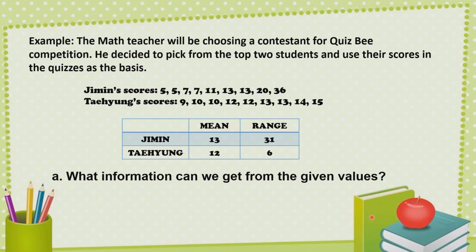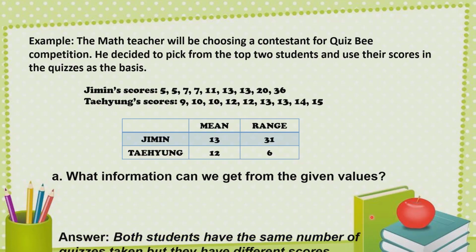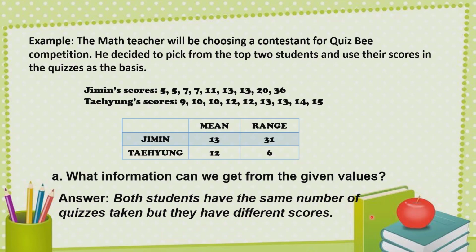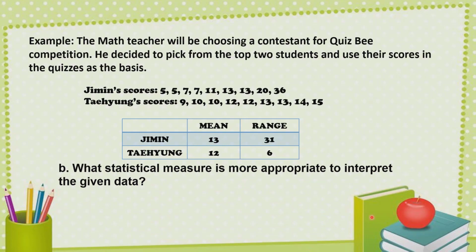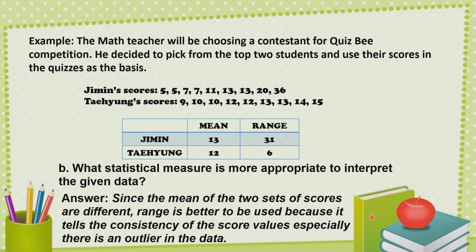What information can we get from the given values? Both students have the same number of quizzes taken, but they have different scores. What statistical measure is more appropriate to interpret the given data? Since the means of the 2 sets of scores are different, range is better to be used because it tells the consistency of the score values, especially when there is an outlier